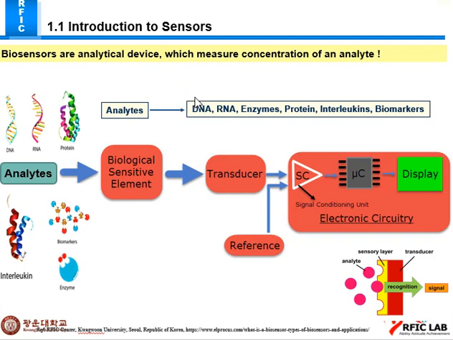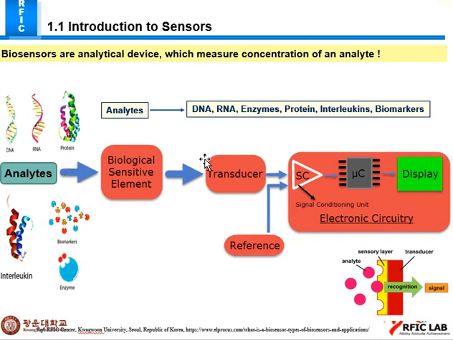Biosensors are analytical devices which measure the concentration of an analyte. So an analyte is some DNA, RNA, protein, interleukin, enzyme, or any kind of disease biomarker. There are lots of biomarkers for a particular disease. So we use a sensor for the detection of a particular disease using biomarker concentrations. So these are our analytes. We use analytes for the sensing